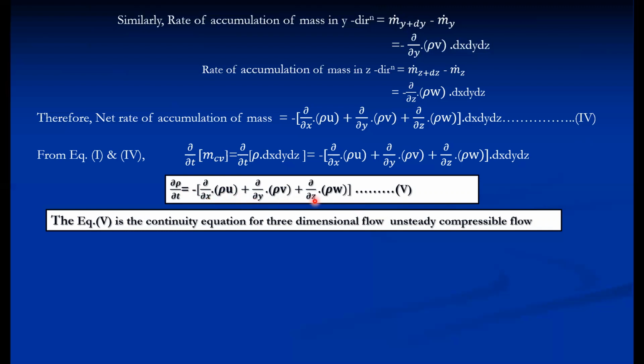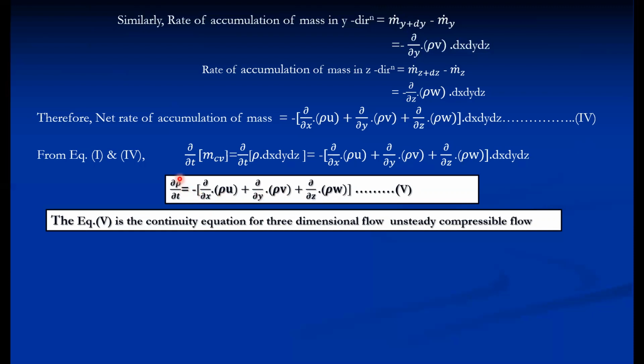So density is a variable we have considered. The meaning of this is that the density varies along the x direction, the y direction, and the z direction, because we have put it inside the differential bracket. So that's why, as density is considered a variable, this particular expression can be applicable for compressible flow.